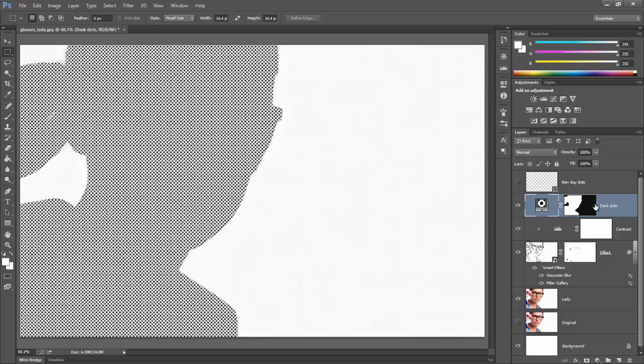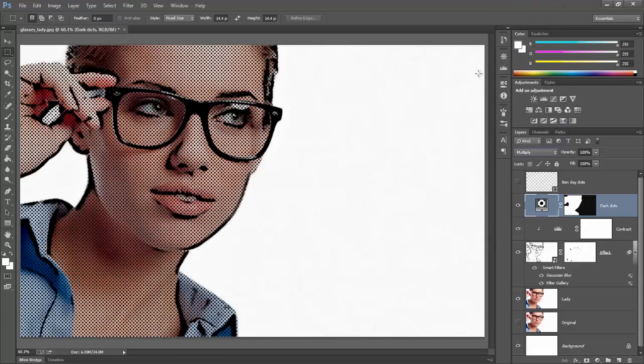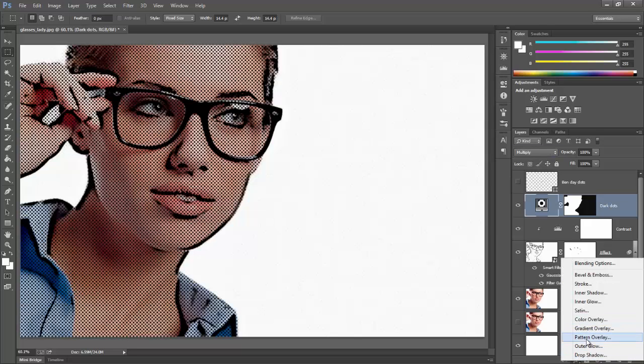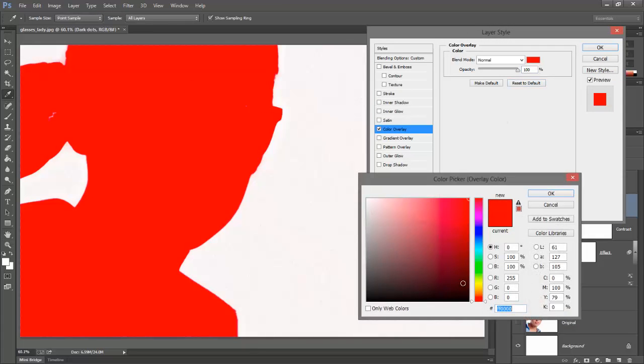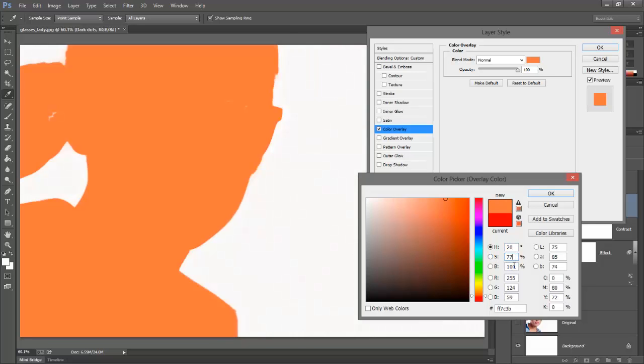So we need to change the blend mode in this so that we can see through it. So let's change it from Normal up to Multiply, and you'll see it shows through quite nicely there. Then we need to change the color of it here. So with it selected here, come down to the FX icon here, and let's choose a Color Overlay. And the color overlay that comes in, well, we don't want red, so let's choose a more orangey color here, and what I'm going to go for is 20 degrees, about 77%, and leave it at 100% here, and it gives us this sort of orangey effect. Click OK,